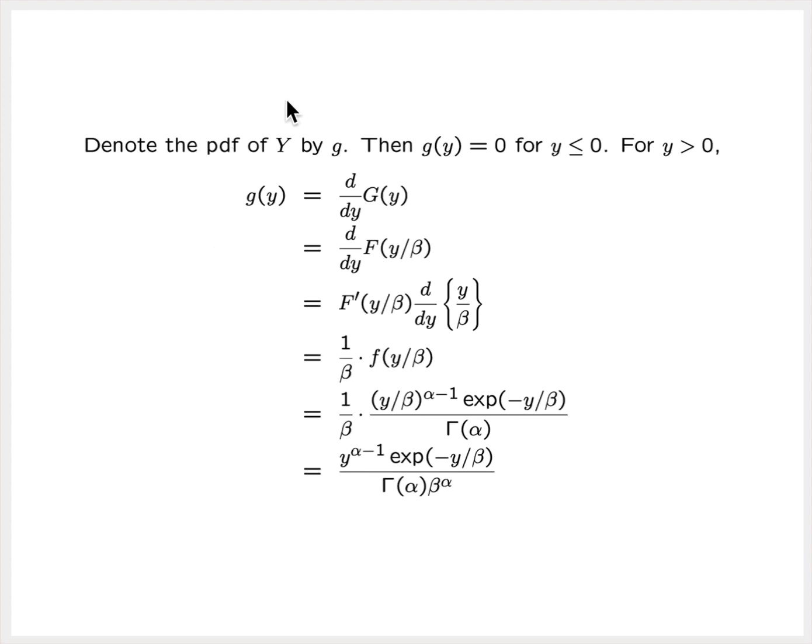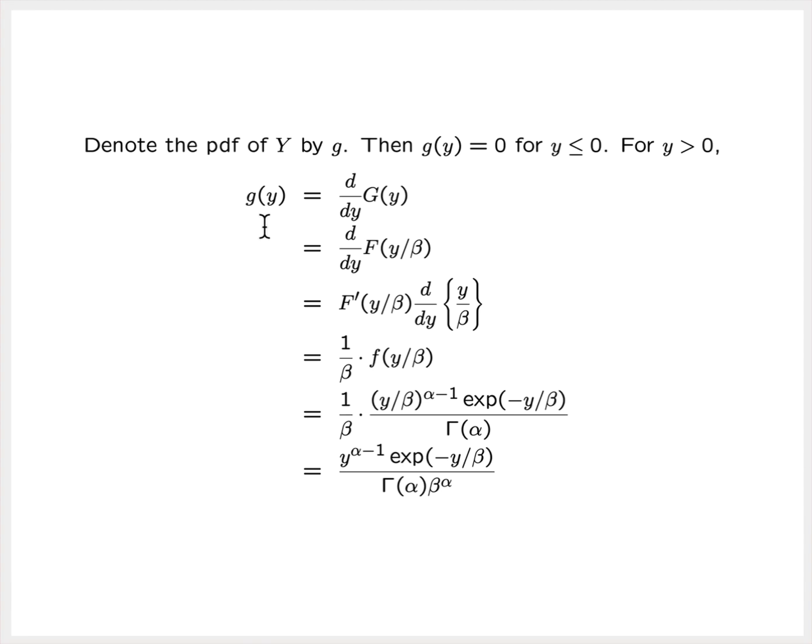Now that we've gone that far with coming up with an expression for the CDF of y, now we can take the derivative of that CDF to get the PDF. And so let's denote the PDF of y by lowercase g. Then for values of y that are not in the sample space, we know that the PDF must evaluate to 0. For values of little y in the sample space, in other words, for positive values of y, the PDF